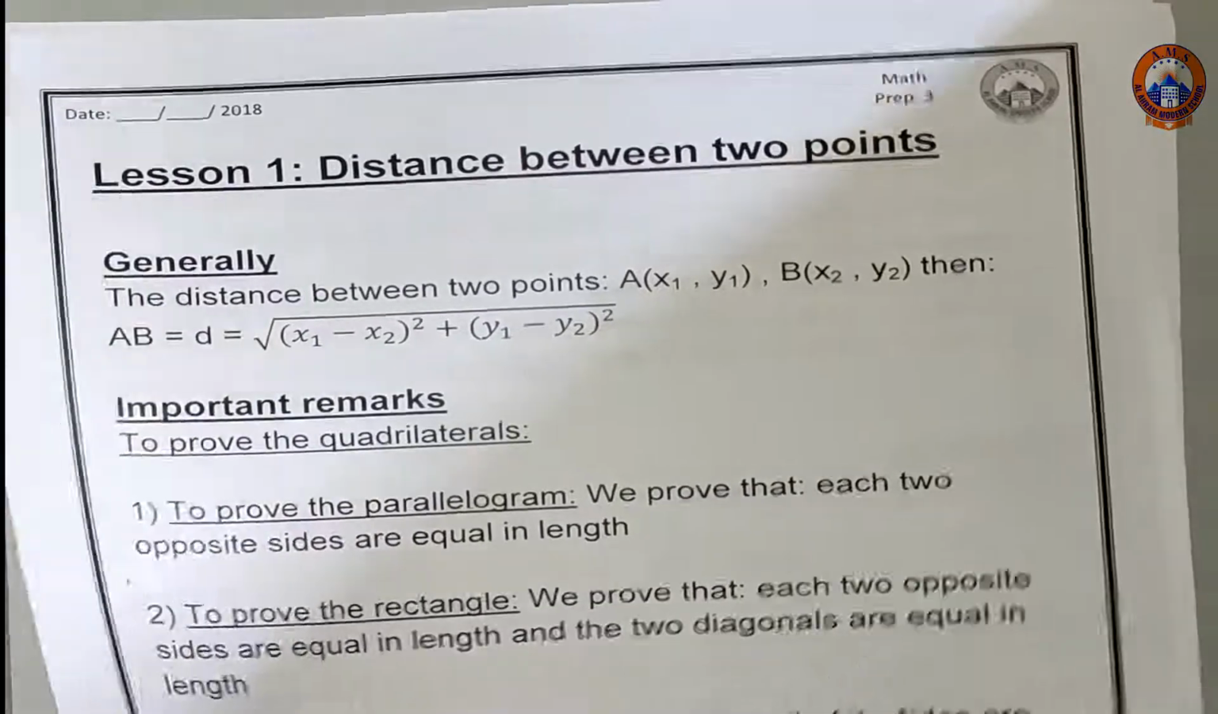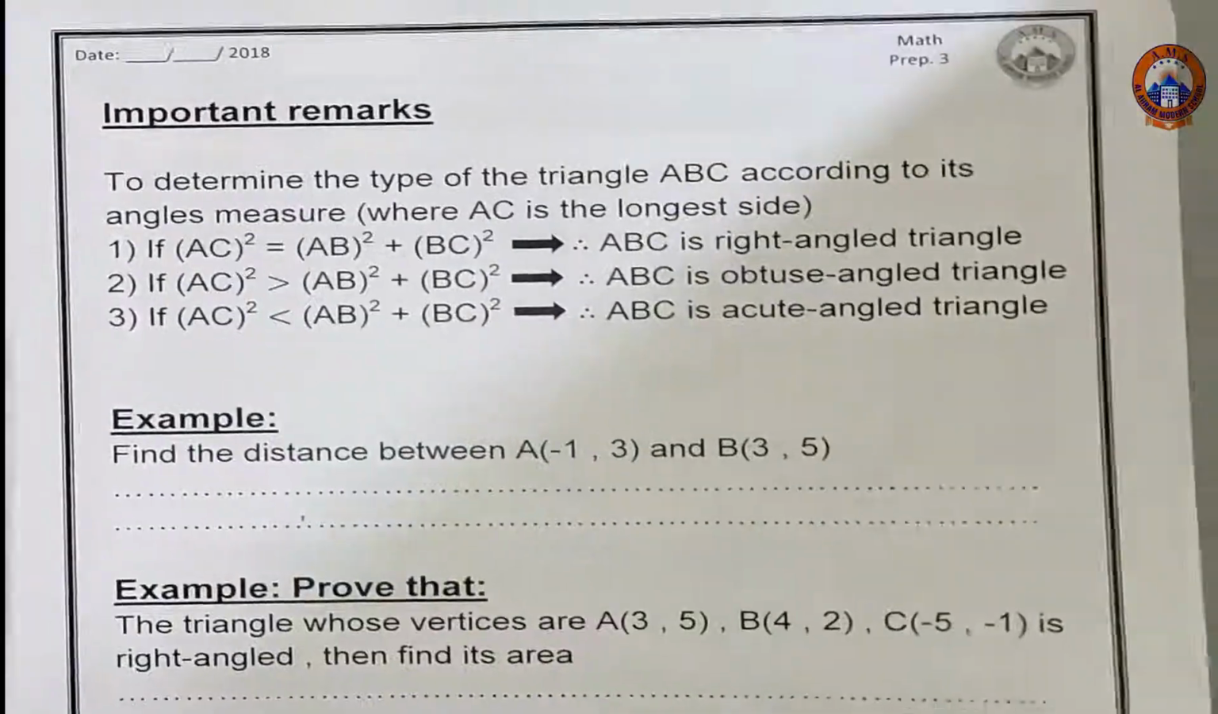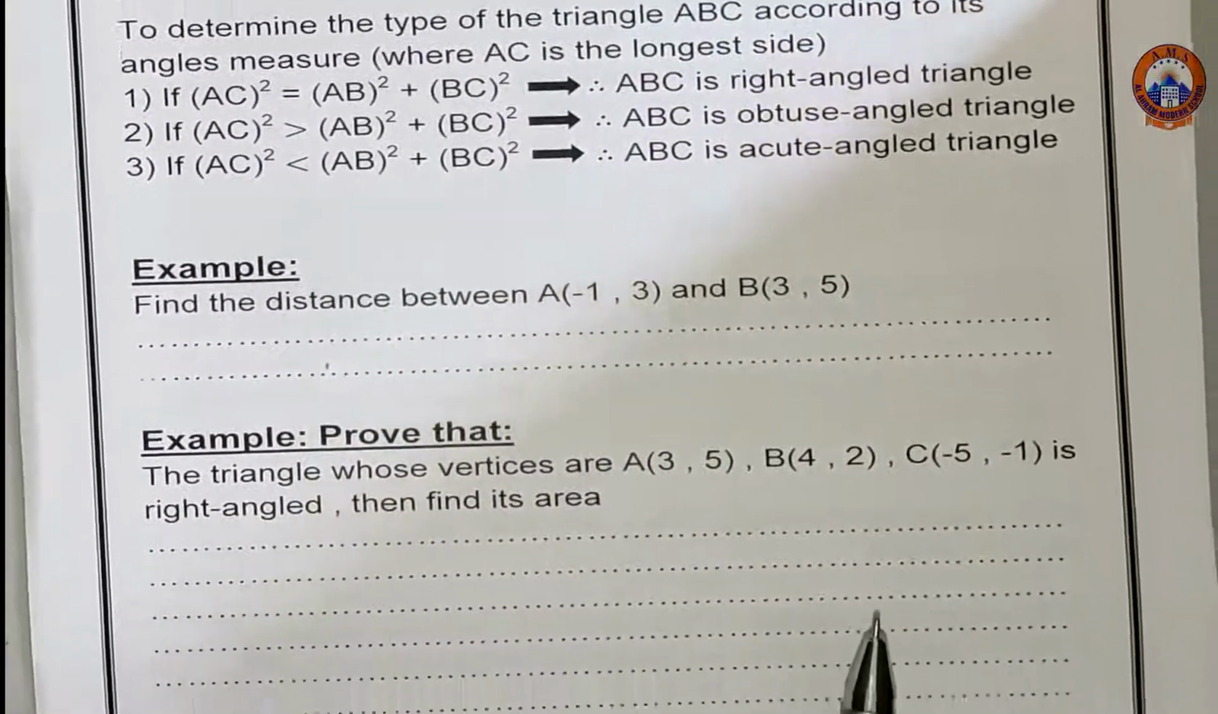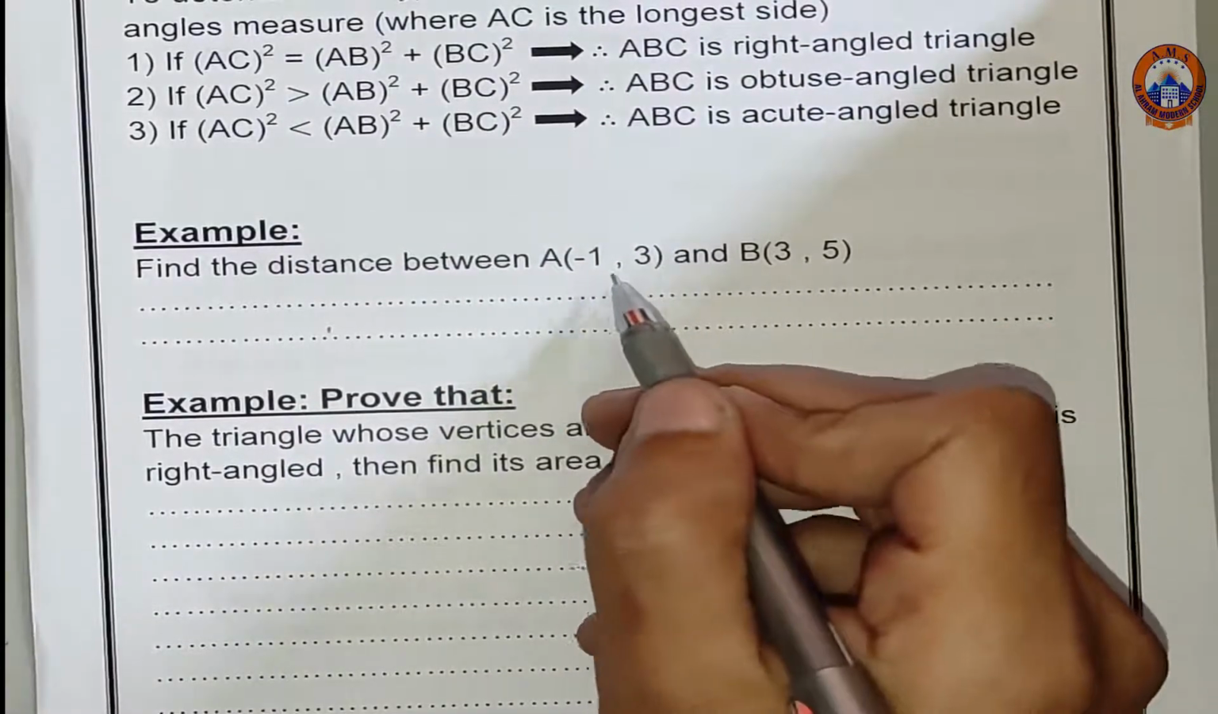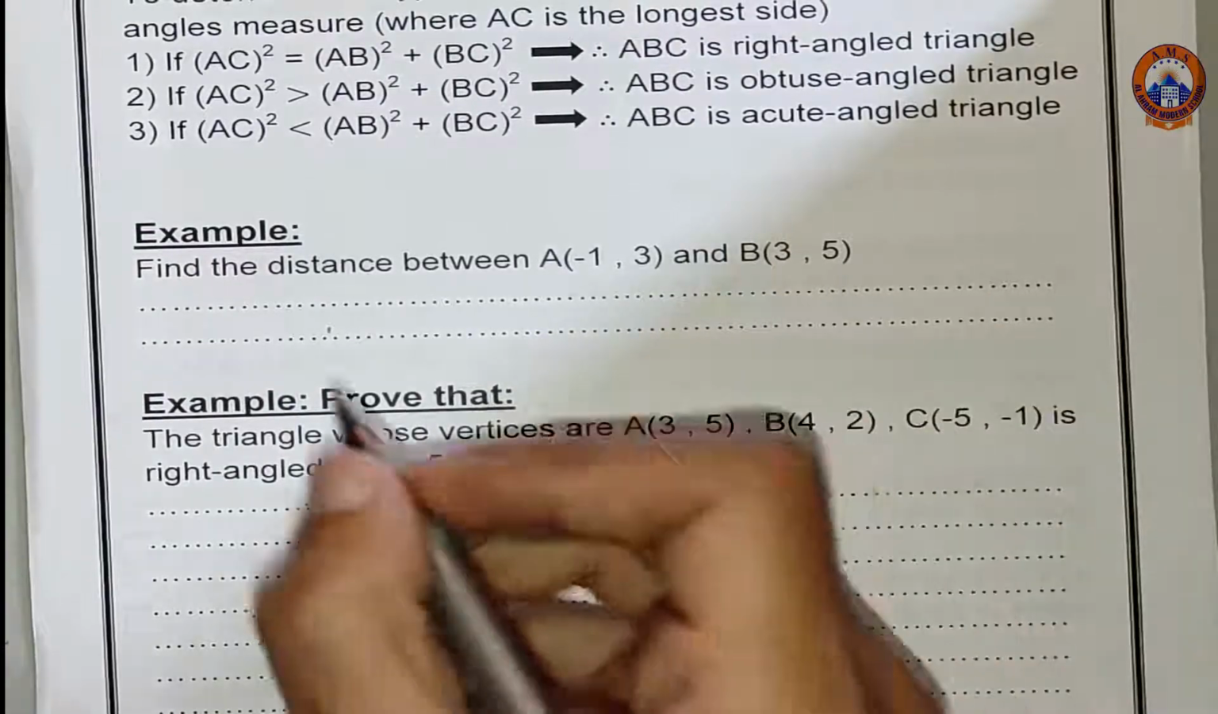Let's take an example. We need to find the distance between A and B. A is (-1, 3), and B is (3, 5). So the distance AB